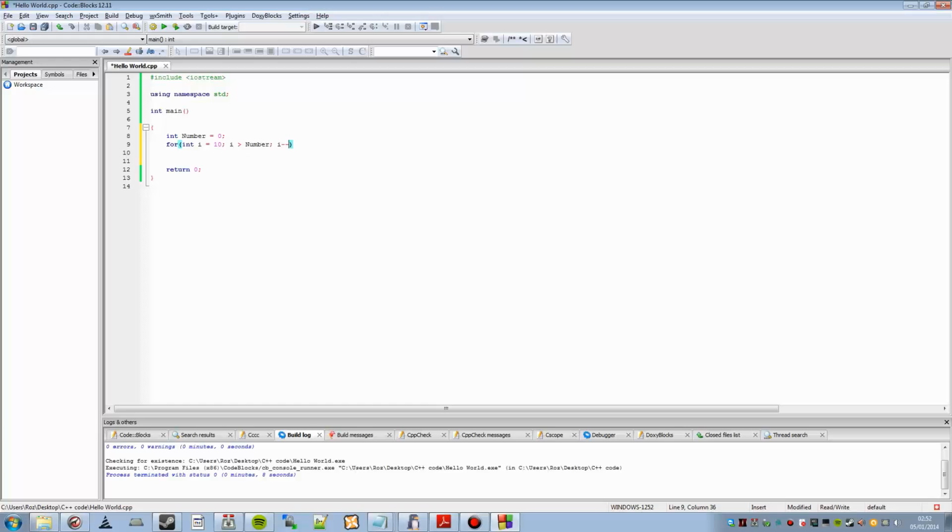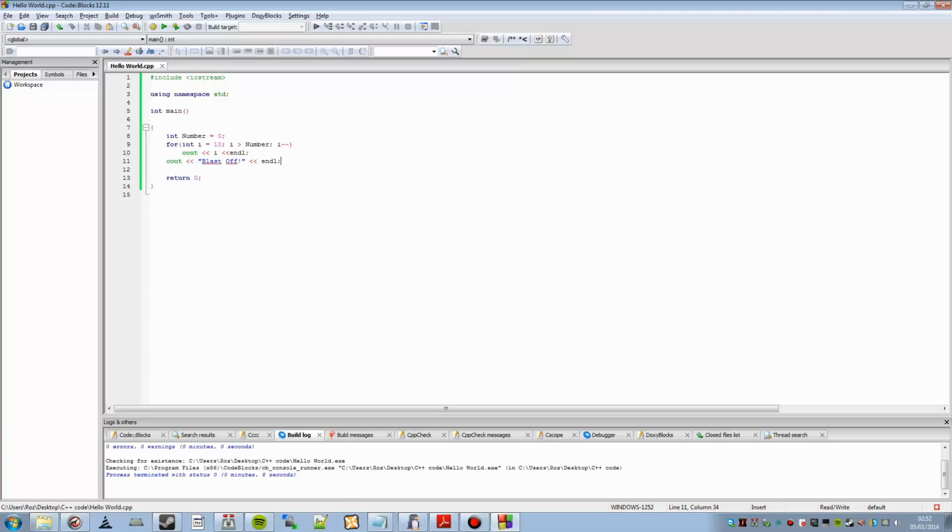So we're going to make this minus minus, and then out here we're going to have cout I end line, and then after the for loop we're going to have cout blast off